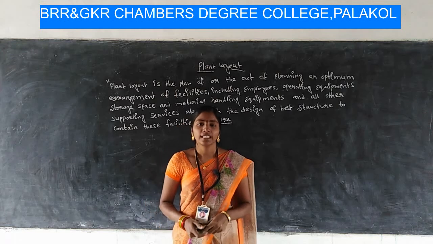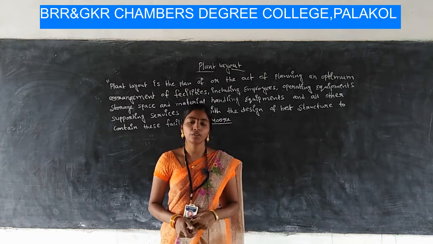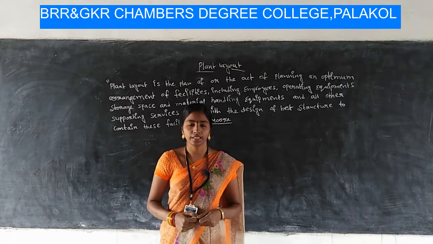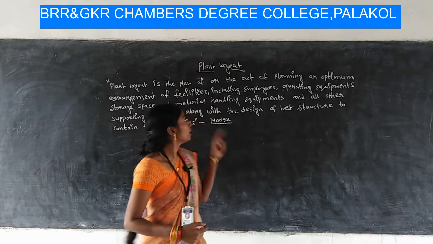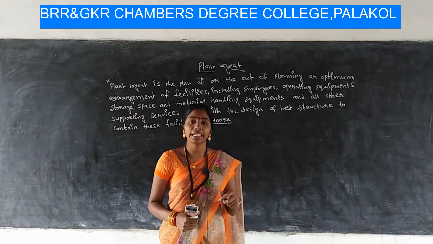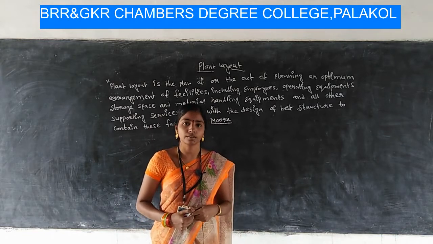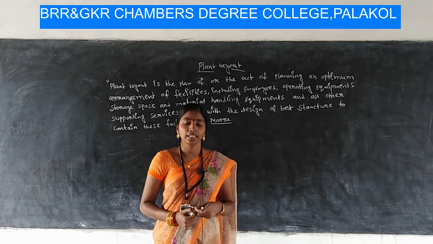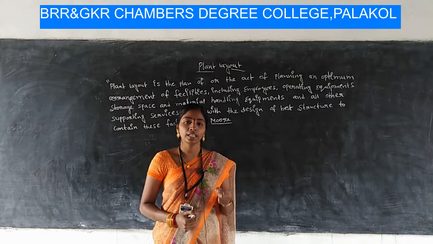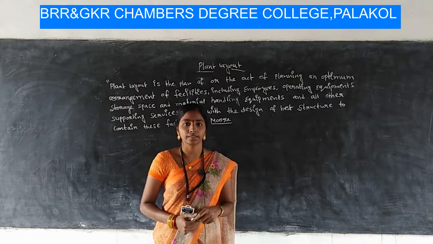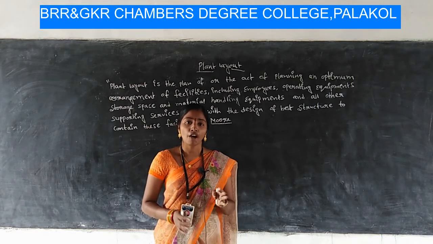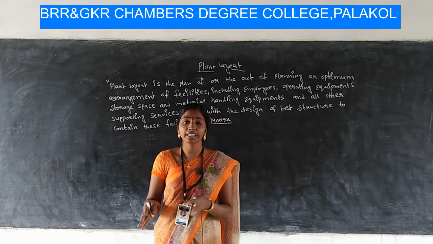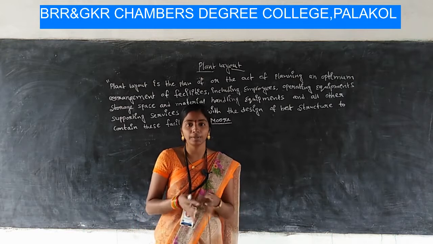Hi students, in the last session we discussed plant location and the factors that determine the plant location. Now we are discussing plant layout and different kinds of plant layouts. After selection of the business site, the factory is to be constructed on that particular site. After construction of the building, we have to organize different kinds of departments in the factory building, right?